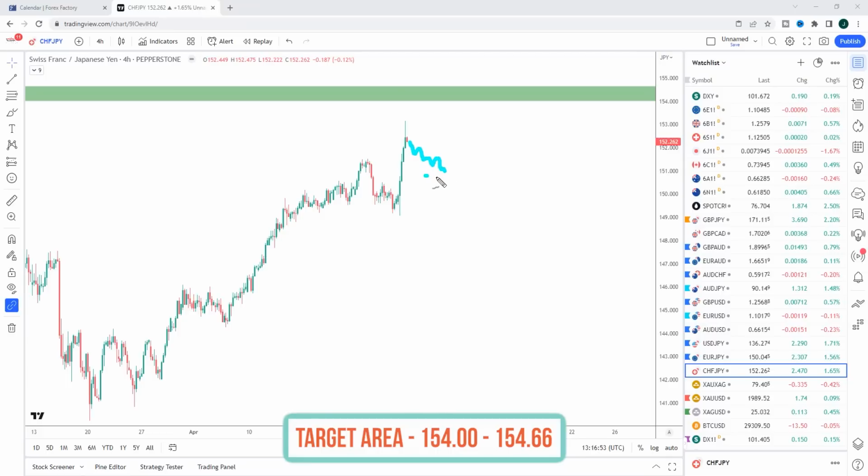And just like the other pairs, I'm going to be looking for potential opportunities. And you don't have to trade all of these. You know, if you get a good opportunity in pound yen, maybe in US dollar yen to the upside after FOMC, you don't have to trade these other ones. So we're not looking at trading all these markets. This is a watch list to try and find a handful of good trades next week. So any pullback in franc yen, I am looking for this to rally into the 154 area.